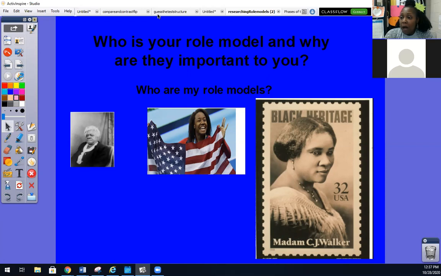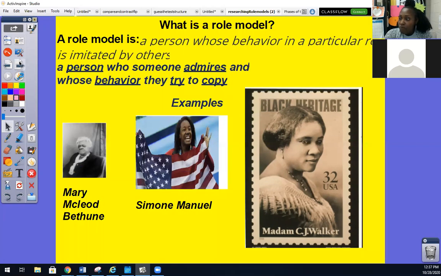So a role model is a person whose behavior in a particular role is imitated by others. A lot of times you imitate what your role model does. So my role model is in education. So I want to be a teacher. Listen to what I said. I'm going back to that. A role model is also a person who someone admires and whose behavior they try to copy. So if I think someone is honest, caring, and kind, and they're my role model, I may try to copy